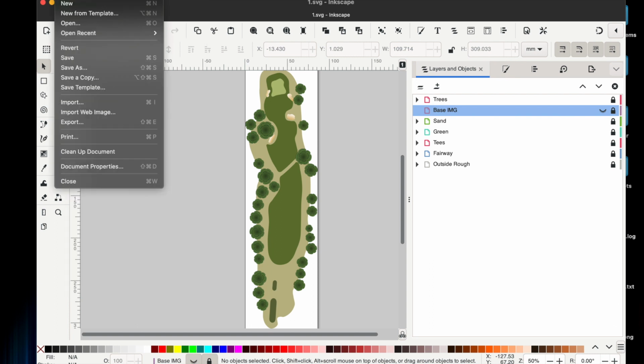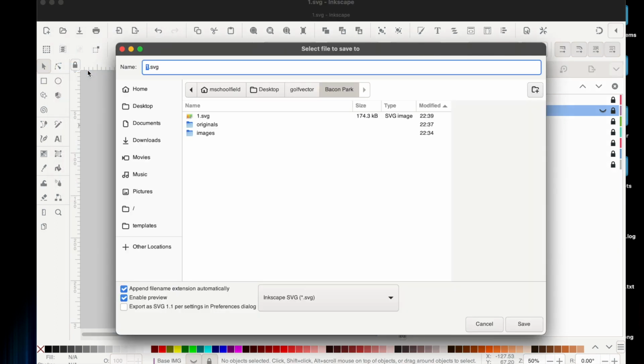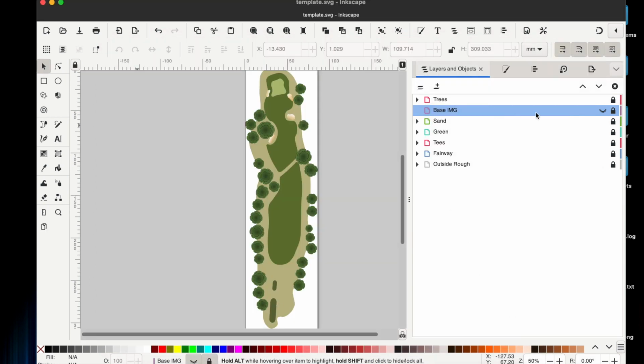So the first thing I'm going to do is save this as file 1, and I'm going to name it template. What I'm going to do is go through each of the layers and strip it down to a very small